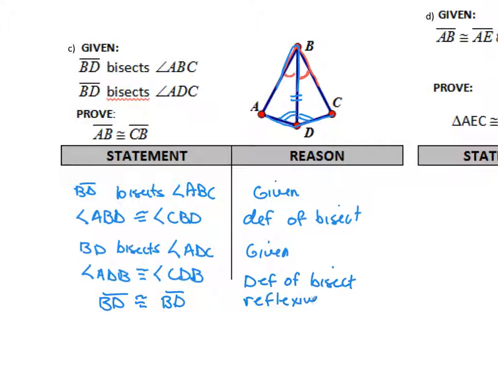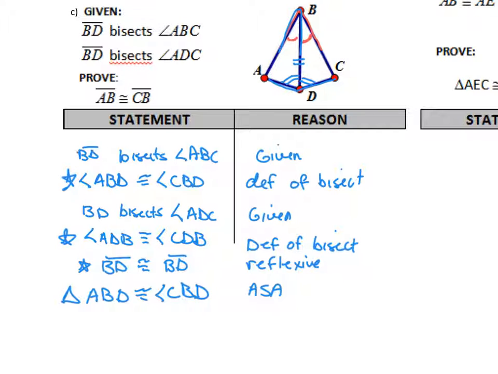So now I have my 3 congruent statements. 1, 2, 3 stars. Therefore, the two triangles are congruent. So triangle ABD is congruent to triangle CBD because of angle, side, angle. And now that the triangles are congruent, I can say that the unmarked parts are congruent. So I can say segment AB is congruent to segment CB because the corresponding parts of congruent triangles are themselves